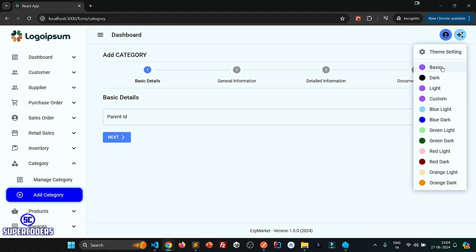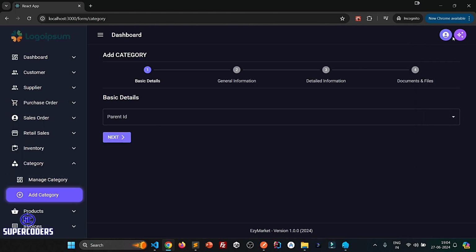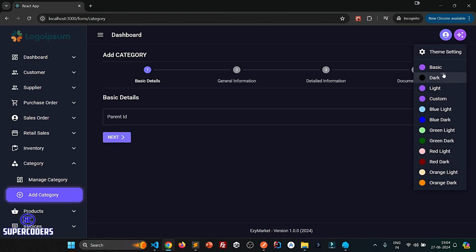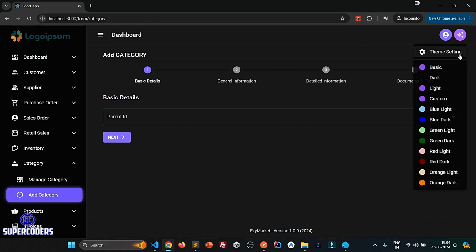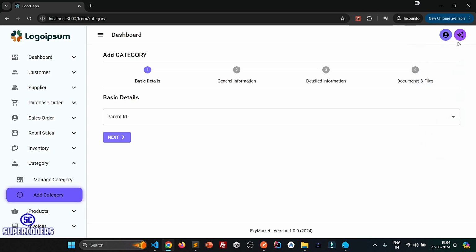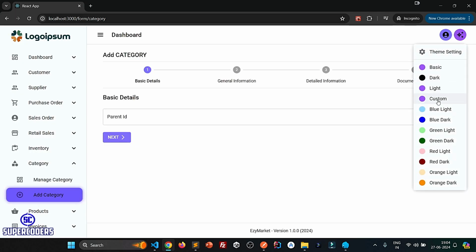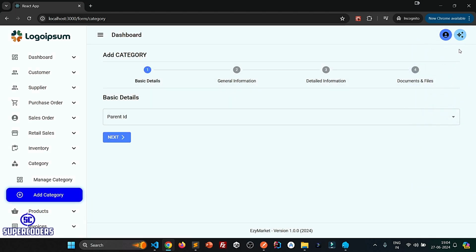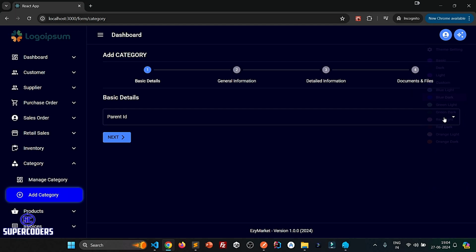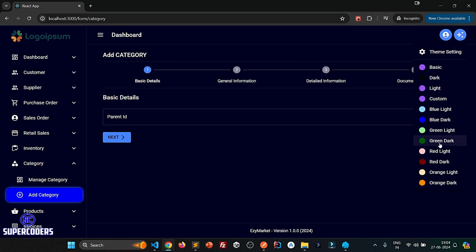If I check with other things also, basic, it is perfect. Same with dark, it's perfect. Same with light, that is also perfect. I think custom is also okay. Then blue light, it is also okay. Blue dark, it is also okay. Then green light,